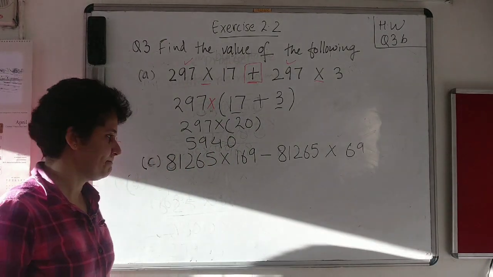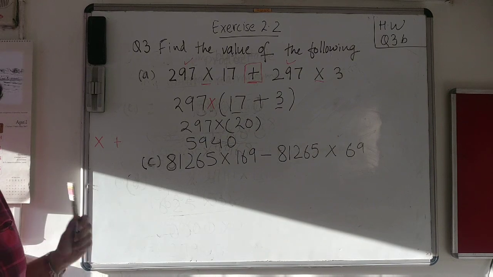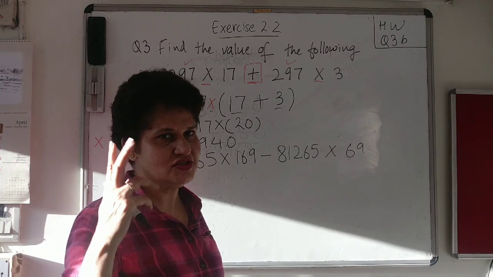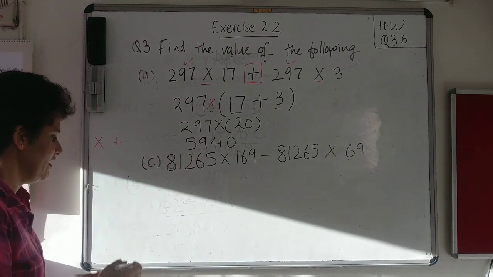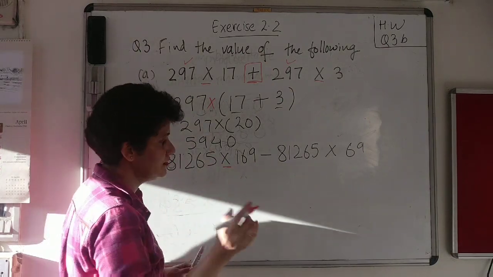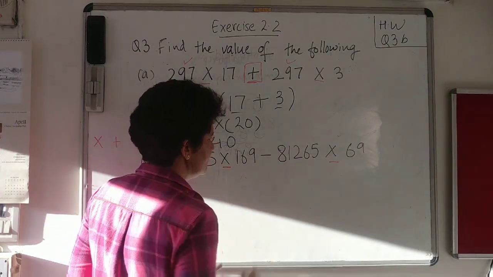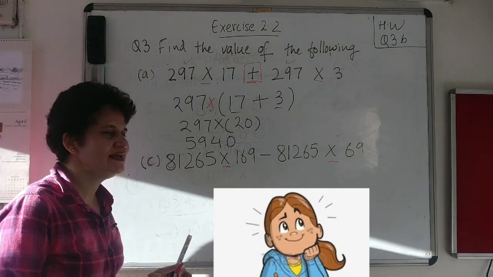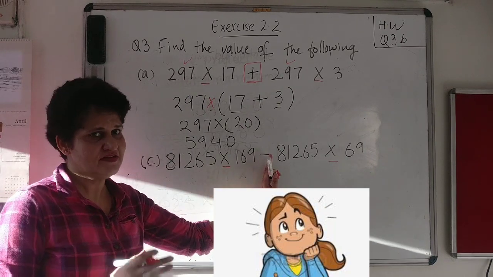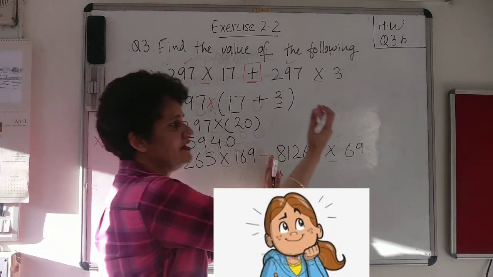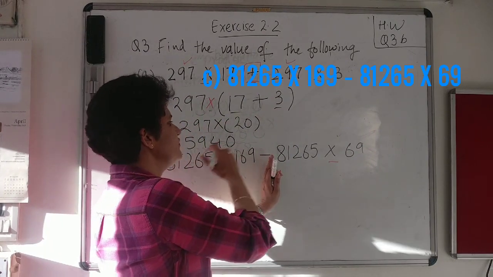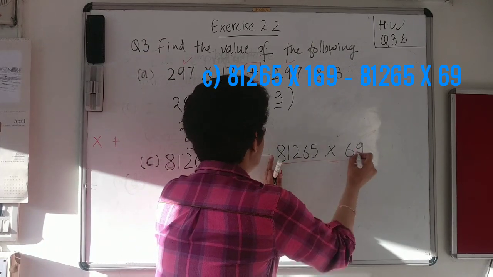Let's do one more quickly. Again, looking at the question, I have to find out which property this is, and if it is the distributive property, it will have two signs, multiplication and addition or subtraction. So I clearly have the multiplication sign here. These two numbers are getting multiplied. That is step 1. I have a minus sign here and a multiplication sign here. We will also see that if there is any common number, there can be two common numbers, and the separator is the plus or minus sign. So we have to find the common numbers. This is a separator, so you have to find common numbers between these two, like if there is a common number here and here.